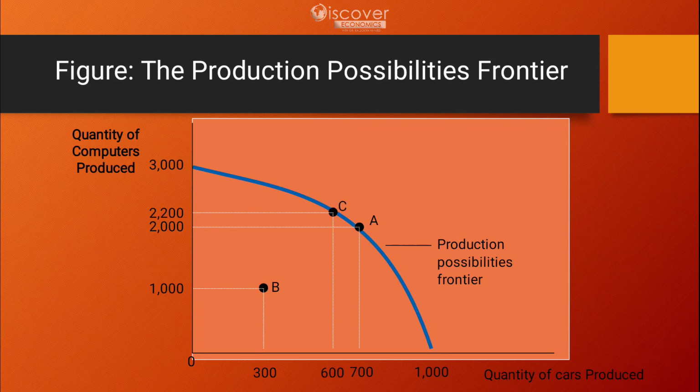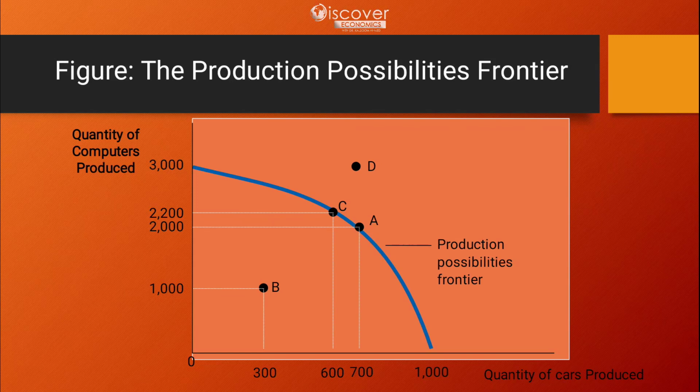On the same lines, we can have a point C. Point C tells us that we want to make more computers, as we have added 200 more computers to 2000, so it becomes 2200 computers. To achieve that, we will have to give up some of the cars that we were producing previously. So cars would be produced less now because the resources have been shifted from production of cars to production of computers. So there will be a difference of 700 to 600. So the change will be 100. So we are going to leave 100 cars to produce 200 computers. So this would be if we are going to move from one point to another point.